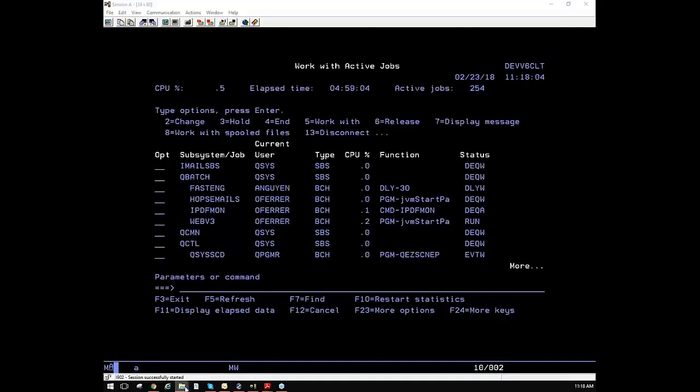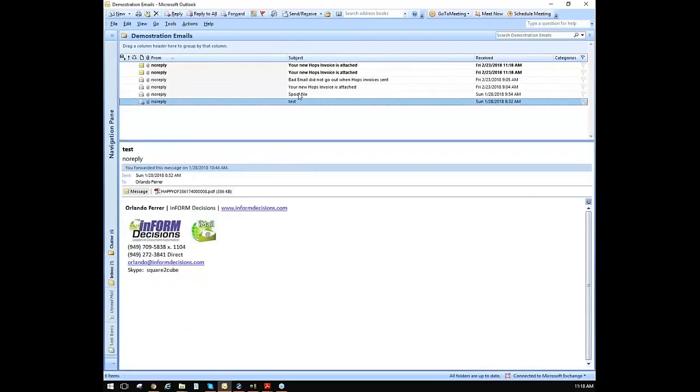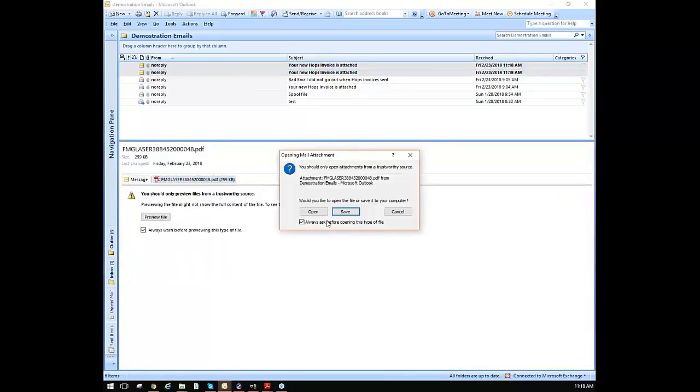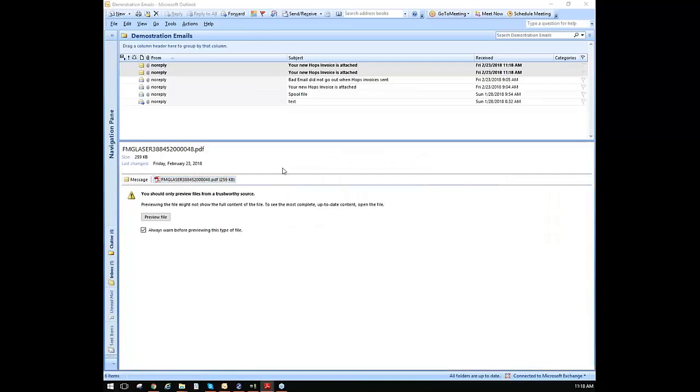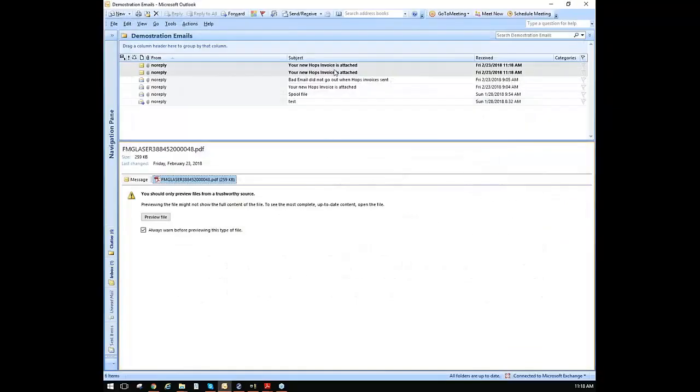And at the same time, I actually should see in my emails, we'll bring that in here as well. You'll see the two emails that have just come in as well. Those are the brand new ones that just came in. And it has our information in there, our signature line. I'll go in and open that up. There's our invoice that we sent out. And again, remember, we did two because we actually have a two-page invoice to two different people, and we burst